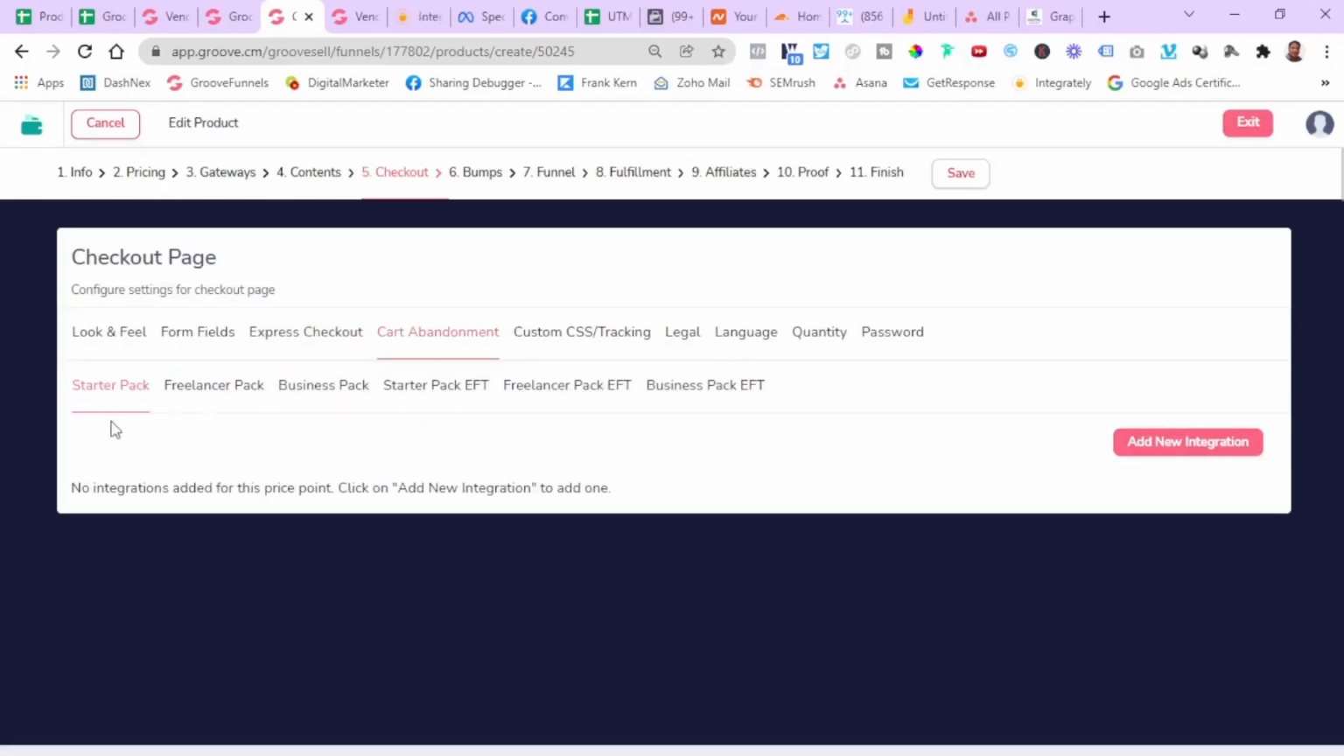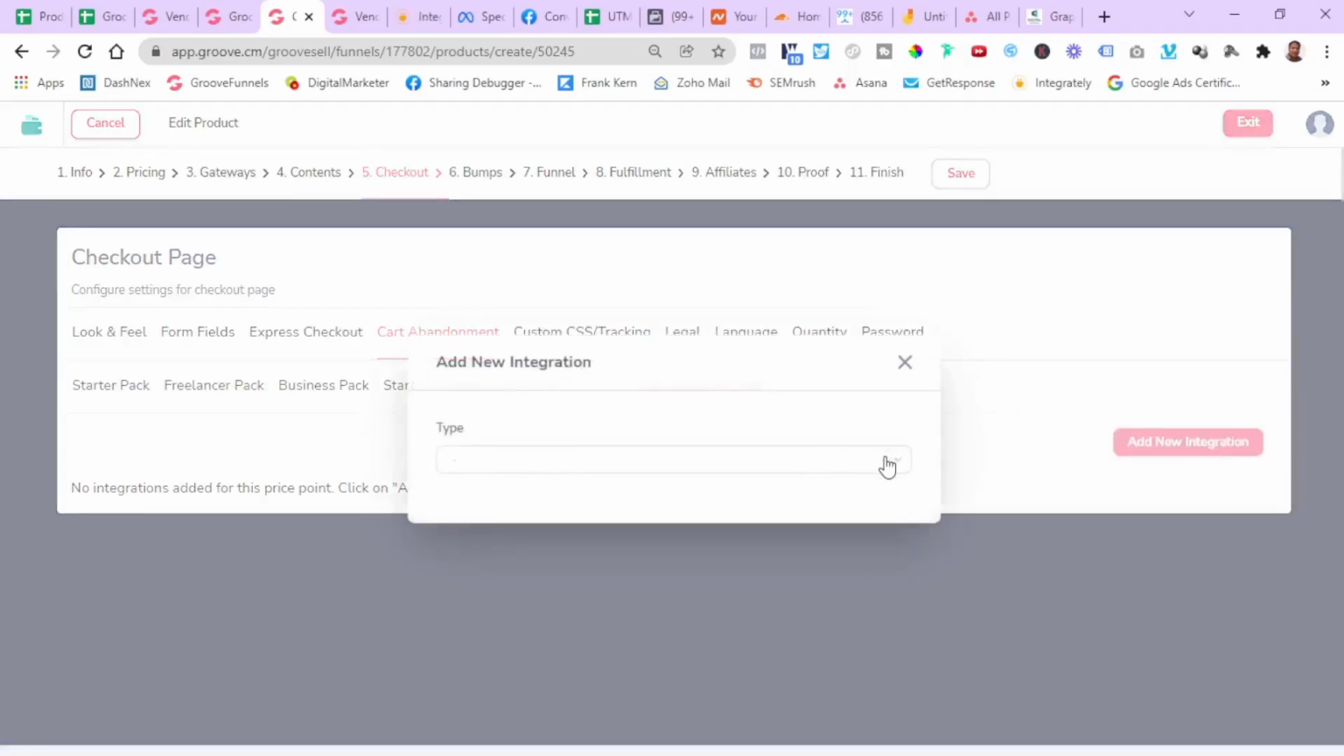Now cart abandonment is for example, if a person fills out the cart but does not proceed to pay, then you can create an autoresponder sequence, an email sequence, so that you can remind him about his cart, about his purchases, and tell him that maybe he wants to purchase it and maybe he just forgot it. So you can create a sequence here. You can integrate autoresponders,